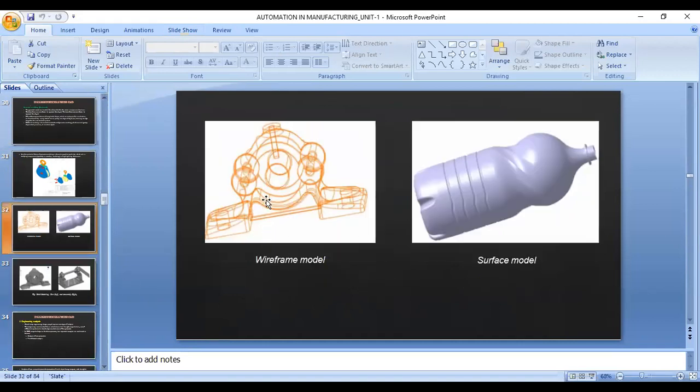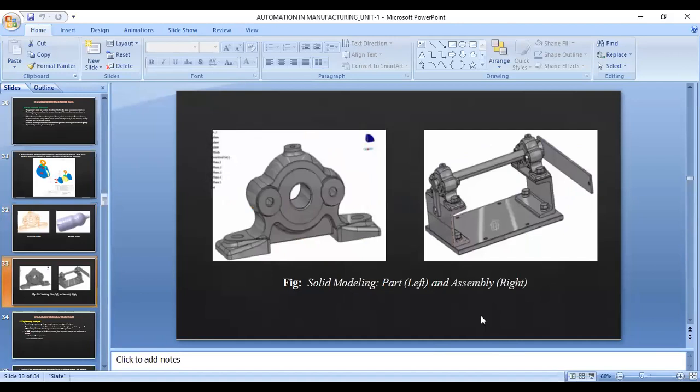You have very little detail in wireframe models, only lines and points, no surface data, no solid data. But when it comes to surface models, you have surfaces now. Because there's not much solid involved, you're only operating on surfaces, modifying the surfaces using different curves. And in solid modeling, you have, as it says, solids, right?